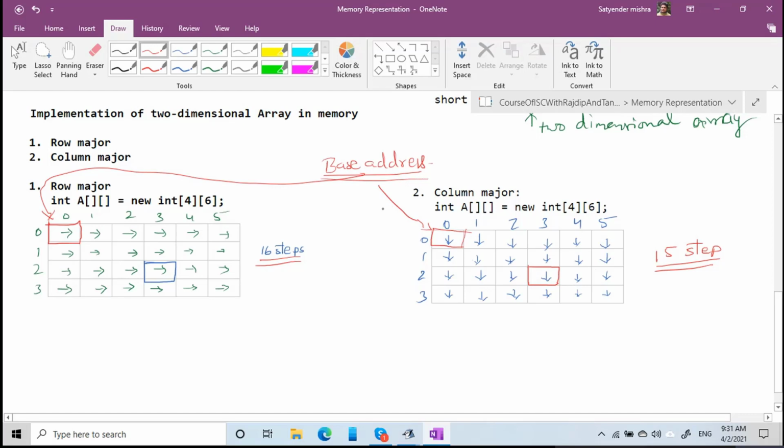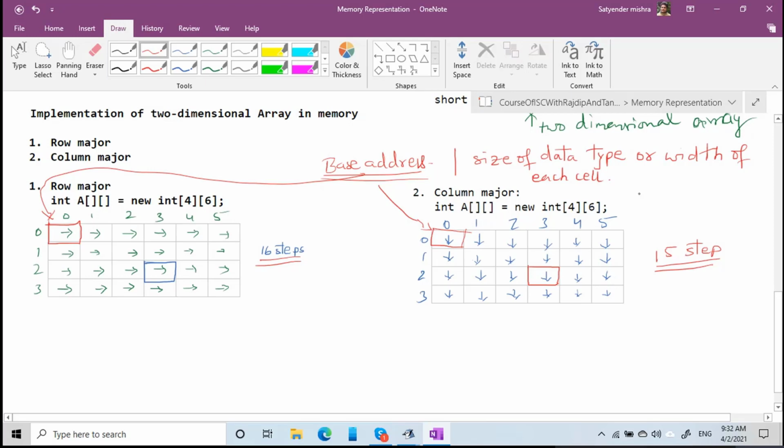So there are a few points which we need to keep in our head. The base address, we need to keep it in our head. We need to keep in our head the size of the data type also. Size of data type means the width of every cell, or the width of each cell. This is what we have to know. So these are the base address and the size or the width of each cell.